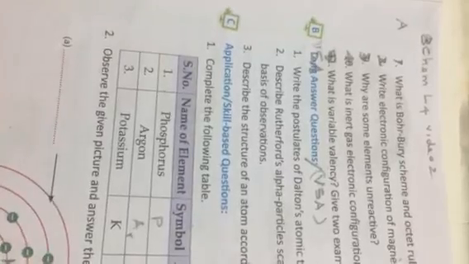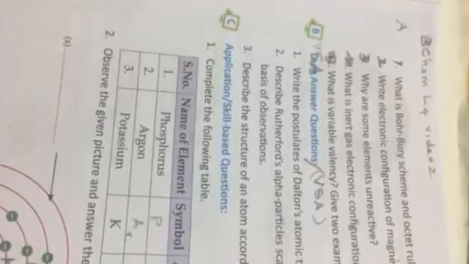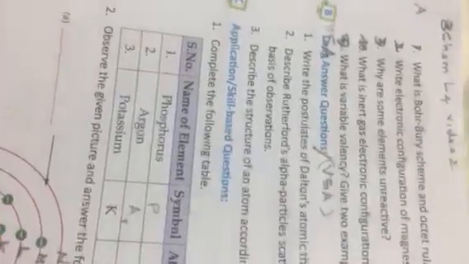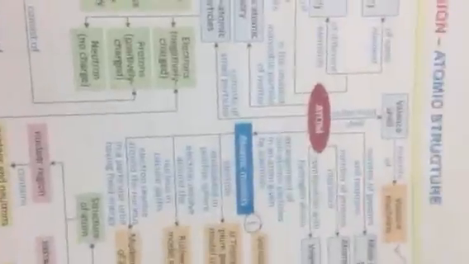Dear 8th class students, today we will learn lesson number 4, the atomic structure. In the previous video, I gave you the atomic structure of the first 20 elements in the periodic table, that you can see from the concept map. If I turn the page front, you may recall. This is the concept map I gave you.